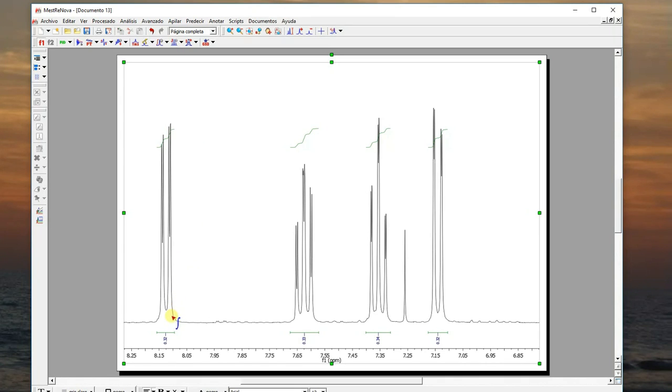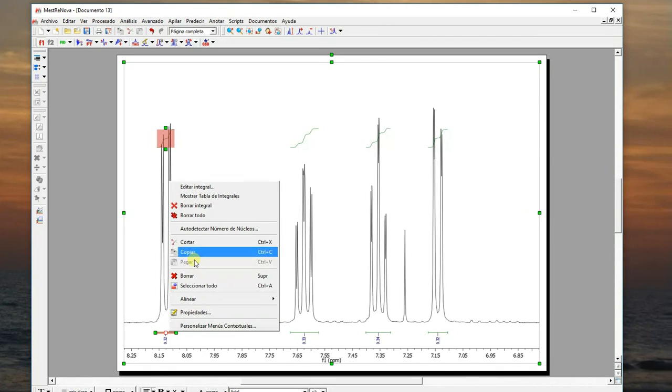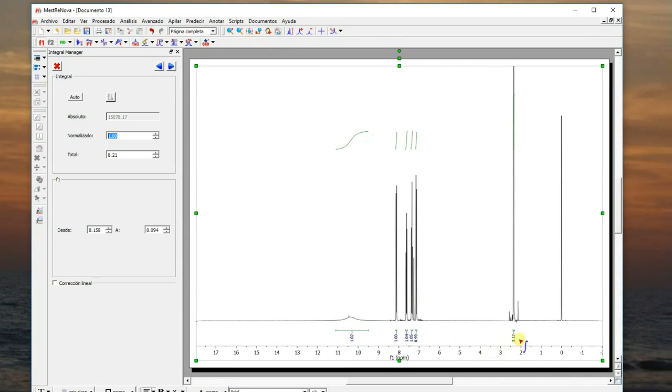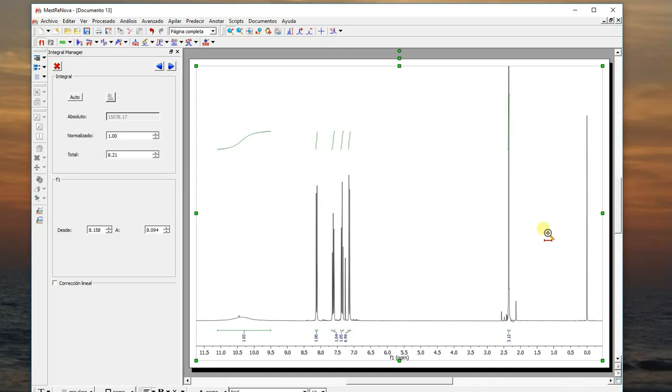So with the cursor, we place the cursor just here. We press the right button this time, and then these options appear. We say edit integral, and here we give the value that we want for normalizing the integrals, which is number 1, and then we press return, and we have 1, 1, 1, 1. So now we have the values which are normalized, and of course for the methyl group that corresponds to 3 protons. So there is the spectrum that we have,